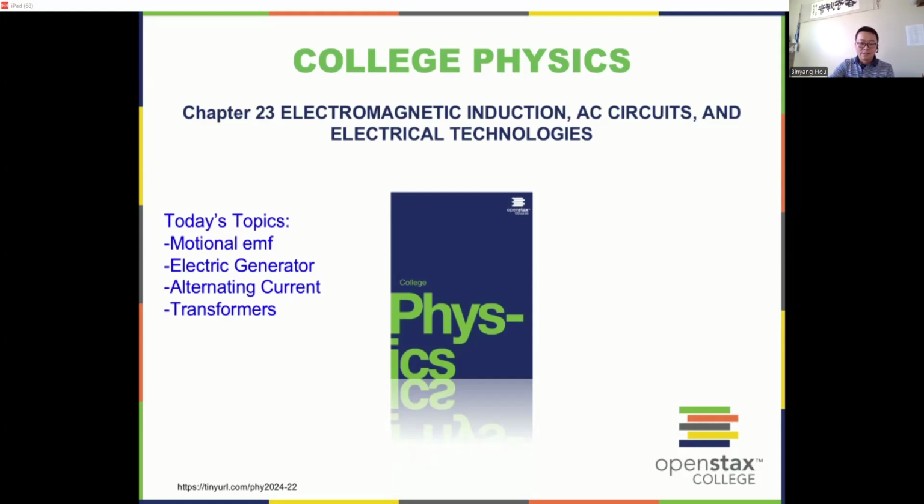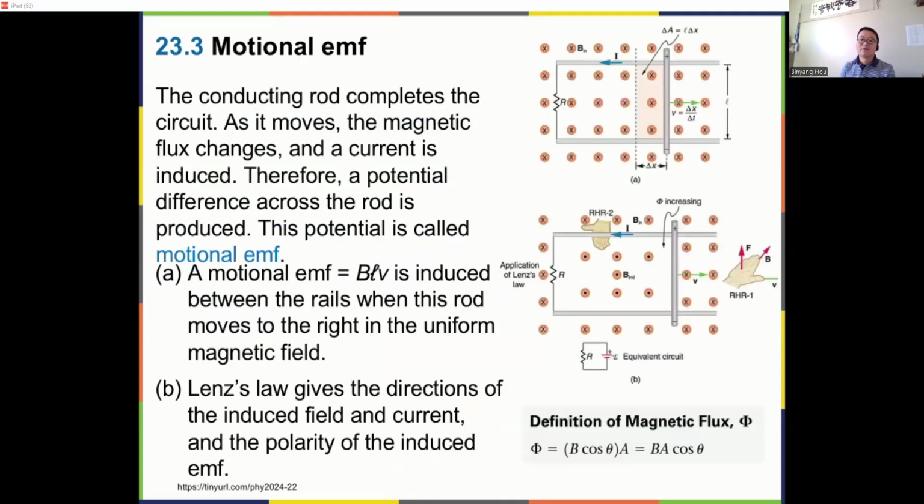Okay, so let's jump in here. Last time we talked about magnetic flux, which is equal to magnetic field times cosine of theta times A. Theta is the angle between the normal direction of the surface and the B field. So magnetic flux is equal to BA cosine theta. In case you have changing B, you then have induced EMF in the circuit. Or if you have changing A, you can also have the same effect. You will actually be able to induce